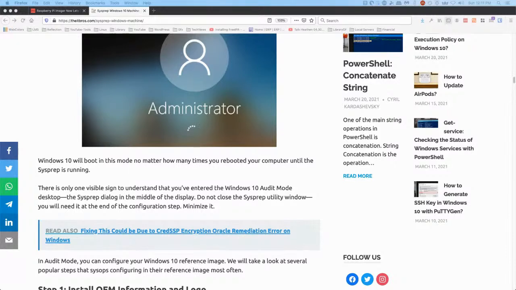But it's a very interesting feature, and one that I think would benefit Windows users as well, especially power users and administrators,